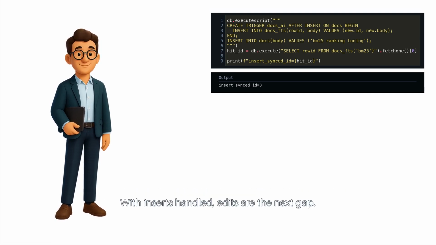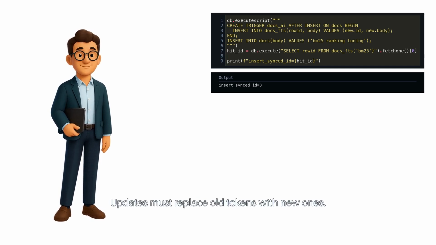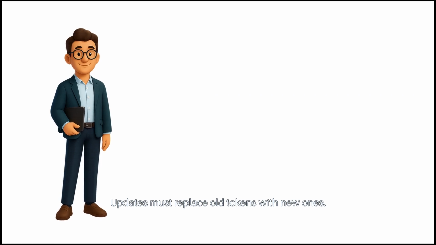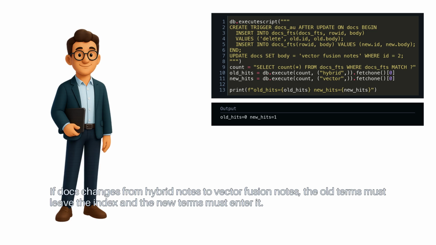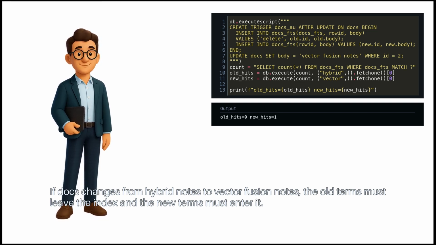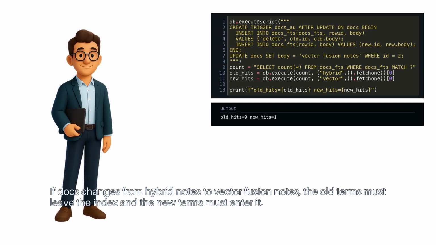With inserts handled, edits are the next gap. Updates must replace old tokens with new ones. This snippet handles the update case where relevance can quietly drift. If docs changes from hybrid notes to vector fusion notes, the old terms must leave the index and the new